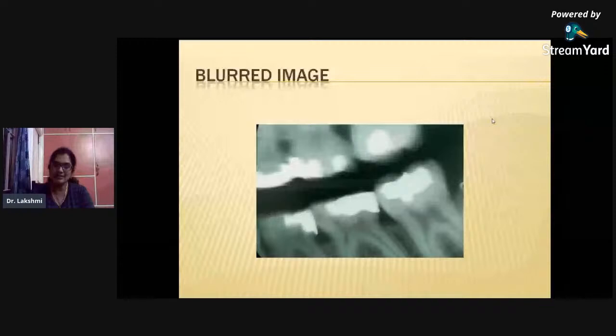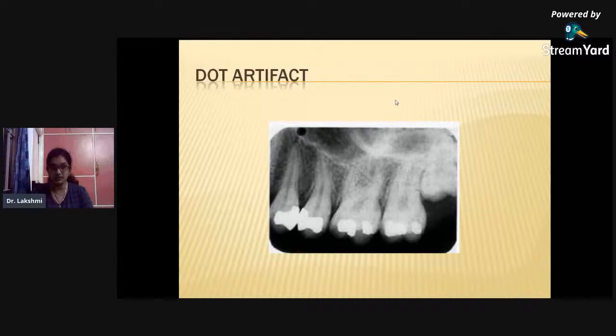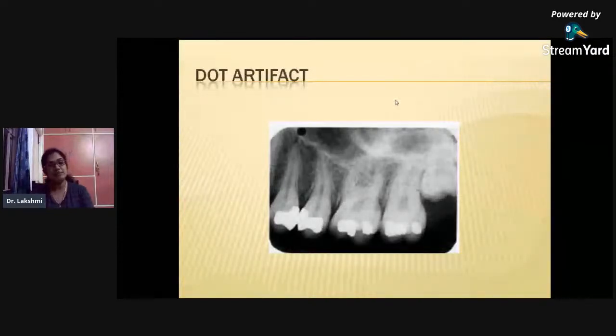Can you see the radiolucent dot, the black dot here? This one is usually because of the embossed dot which is on the film packet, which helps us to do what? To identify the sites, and it is a guidance, right? So sometimes they also come as an artifact, and especially if these are placed at the apices of any